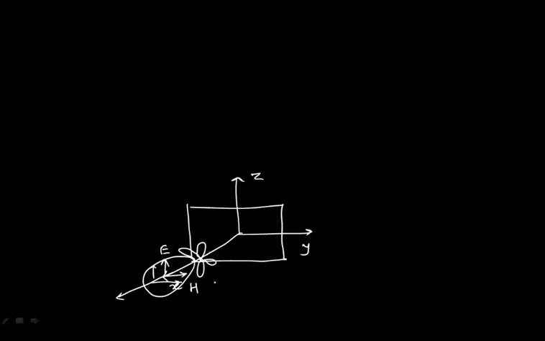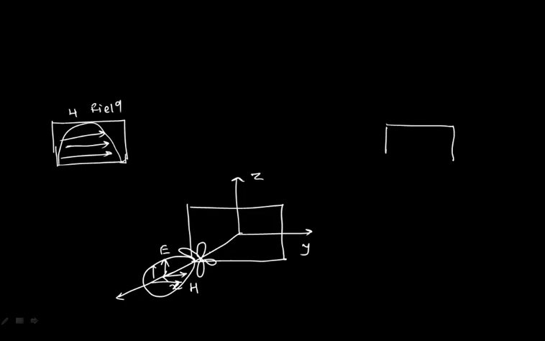So always E and H planes are perpendicular to each other. If I'm going to draw the H field, how will my H field look? If I'm interested only in the H field, what is the direction of my H field? My H field vector direction will be like this. Okay, so I can say this is my H field. What about the E field direction? If I draw the E field direction, it will be like this. So this is the E field, which is perpendicular to this particular one. So I can say this is my E field, where my E field vector and the direction of maximum radiation are present.